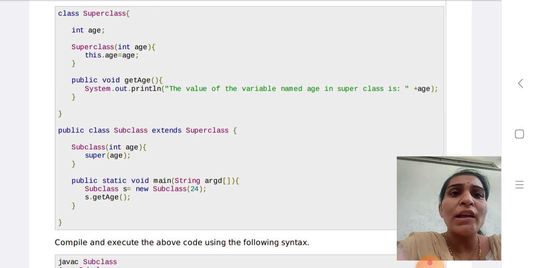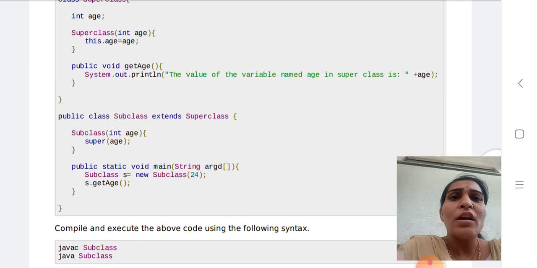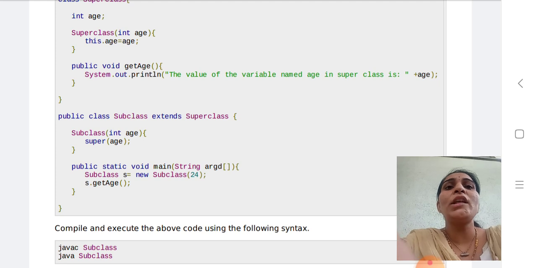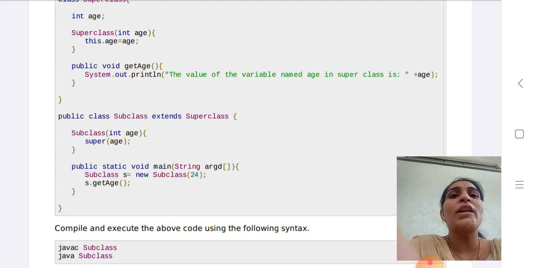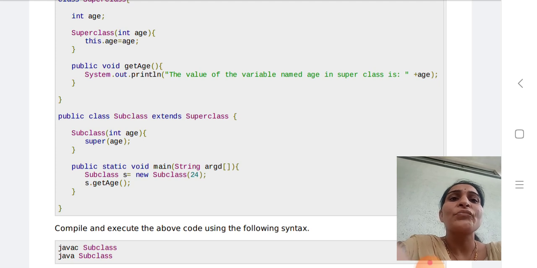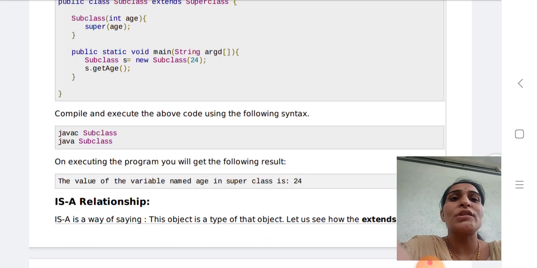Now Subclass extends Superclass, and the Subclass constructor is written as Subclass(int age), where we directly call the superclass constructor by using super and passing age as the parameter. In this way we are calling the constructor of the superclass, and in the main method a Subclass object is created and the getAge function is called.